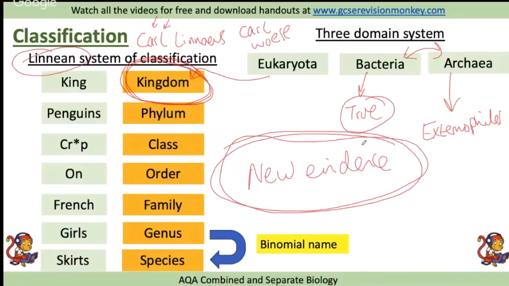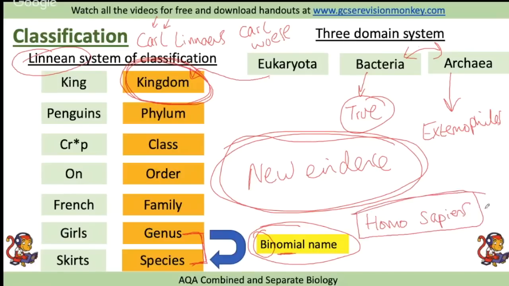Right, last thing on this then is the binomial name. The binomial name, bi for 2, like bicycle, nomial name, comprises of the genus and the species. So, for example, for humans, our genus is Homo and the species Sapiens. So that would be our